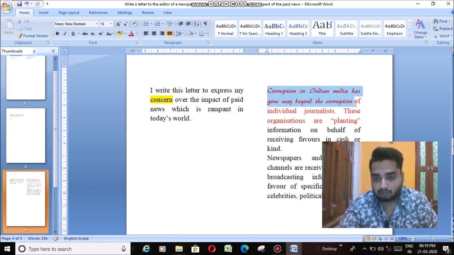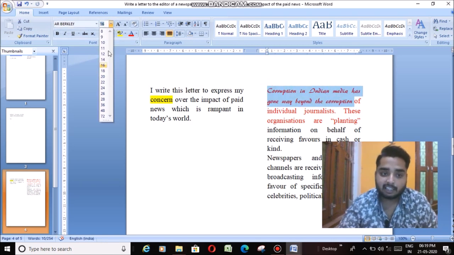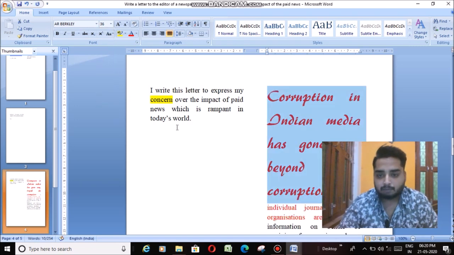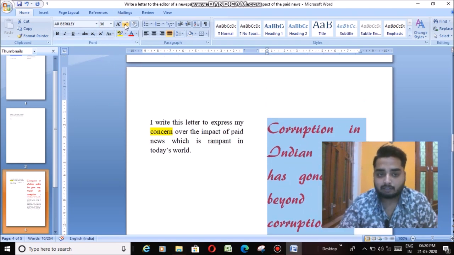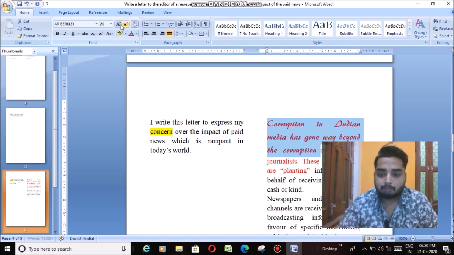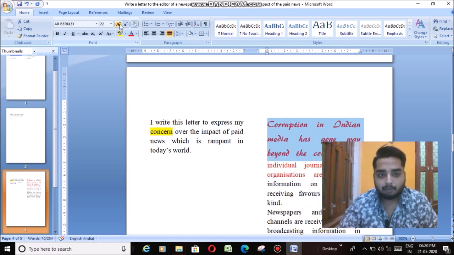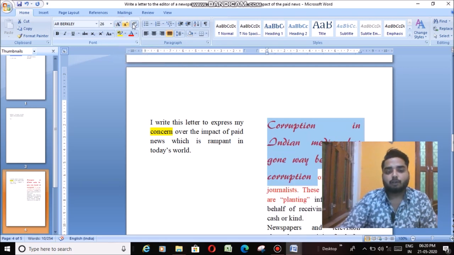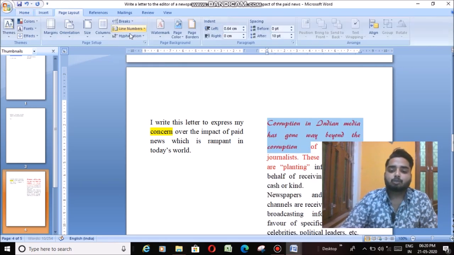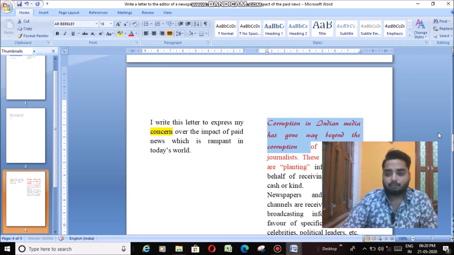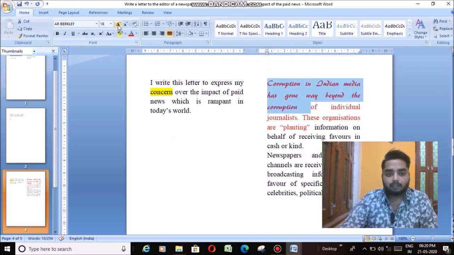The other thing is that we can use the font size option to change the size of the text. For changing the size, we can use different ways, like this drop down menu. We can use this drop down menu for changing the size of the text, or we can use these simple toggle buttons. The grow font option can be used to grow the font. The shrink font option can be used to make the font smaller. You can see how it works on the clicks.